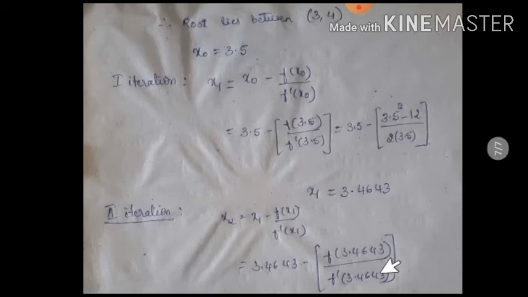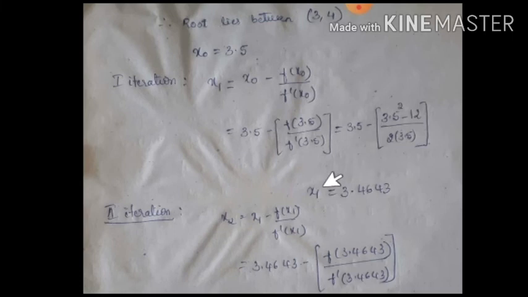But to apply the Newton-Raphson method, I need any one value, that is the initial value x0. I don't know whether the root 12 value lies nearer to 3 or nearer to 4. So in general, we take the middle value of the interval, that is 3.5. Then apply the Newton-Raphson method. First iteration: x1 equals x0 minus f of x0 by f dash of x0. Take x0 as 3.5, substitute in the function and the derivative of the function, and calculate it using a calculator.